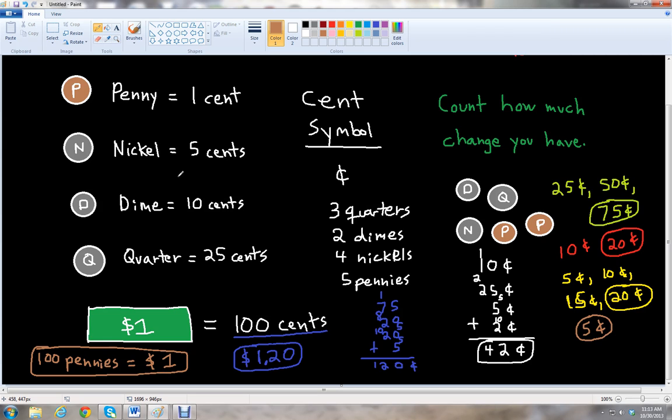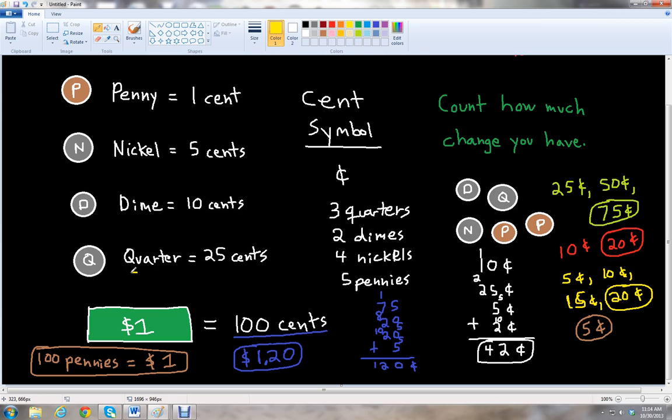And then how about for nickels? How many nickels would you get for a dollar? How many nickels does it take? We know that each nickel is worth 5 cents. So what we'll do is we'll